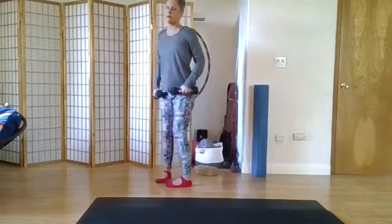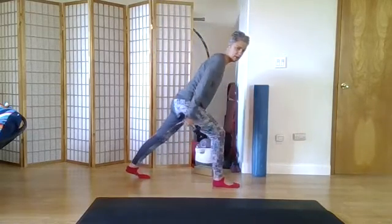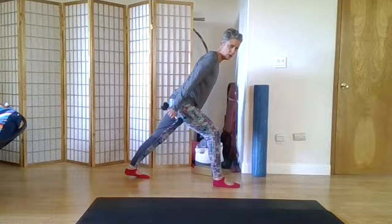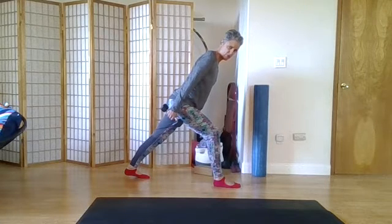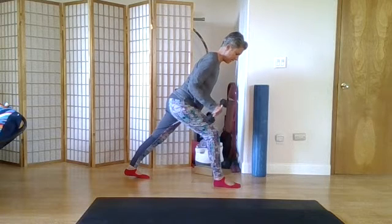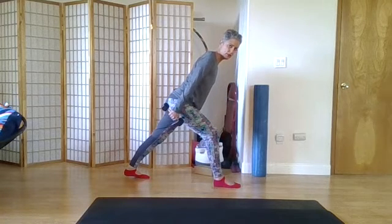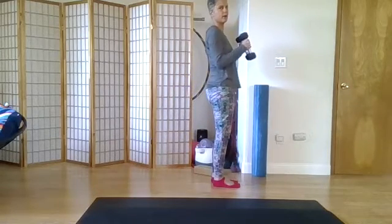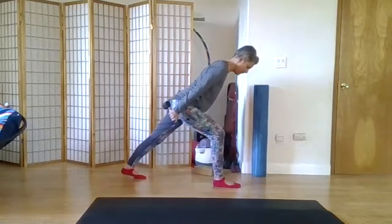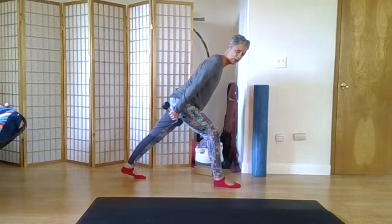Okay, now let's switch legs and do tricep. Tricep, one of our May moves, tricep extension. And I'm just coming back to where my arm is lined up with my ribs and my hip. And then I bend my elbow and stretch. Yeah. So if I were upright, this would be a bicep curl. But because I'm a little pitched forward, it's the backs of my upper arms,